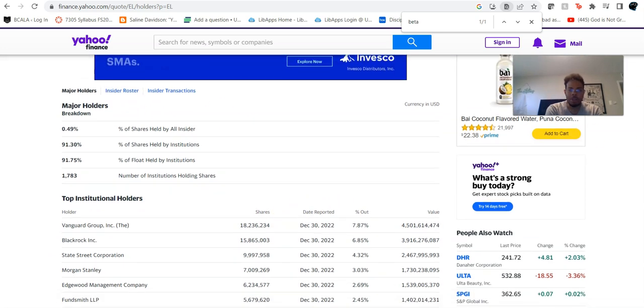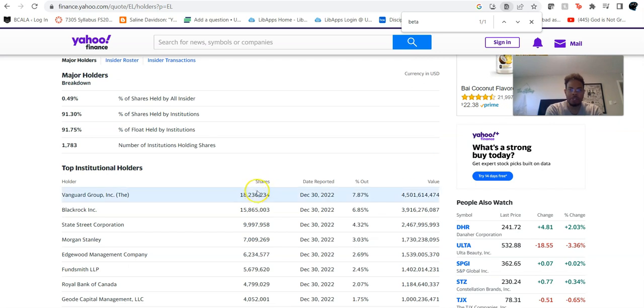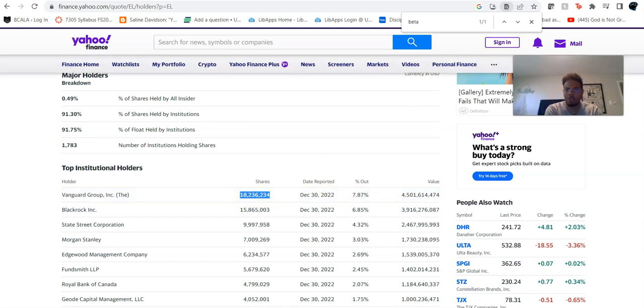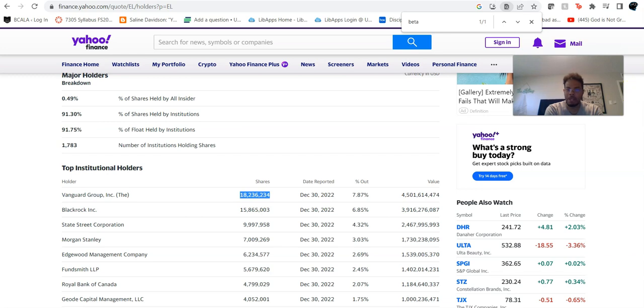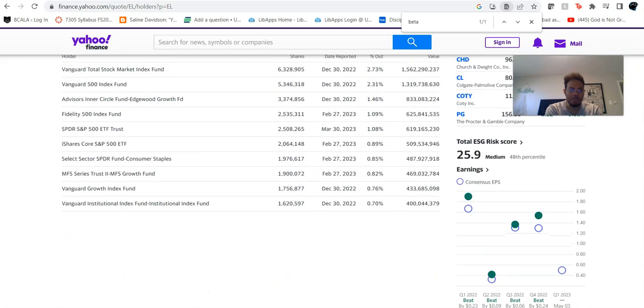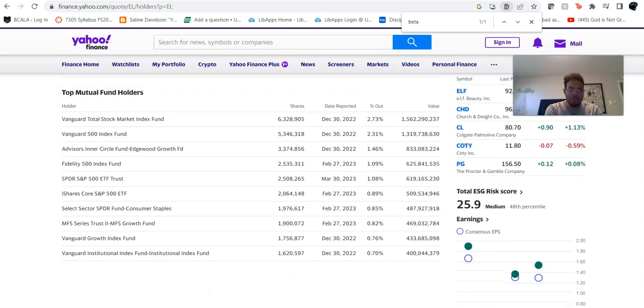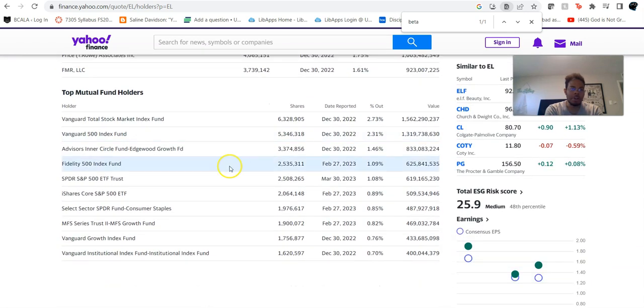Again, I believe everybody got Vanguard right. As far as the number of shares, I do believe that, okay, never mind. That's going to be your number of shares there. According to my notes, I believe everybody got that right. There are several Vanguards, but as long as you got Vanguard,